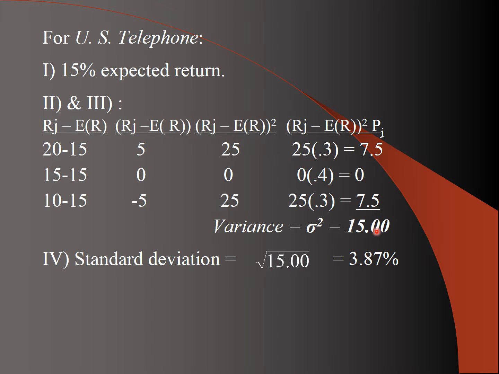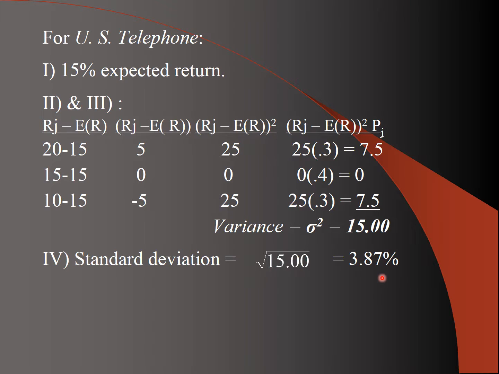Sum them up, that gives me the variance. I take the square root of the variance, and that gives me a standard deviation of 3.87%. So see how much smaller the standard deviation is for U.S. Telephone as opposed to the 65% standard deviation for Kelly Services. Huge difference. So this 3.87% basically is telling us that the standard deviation is very small,